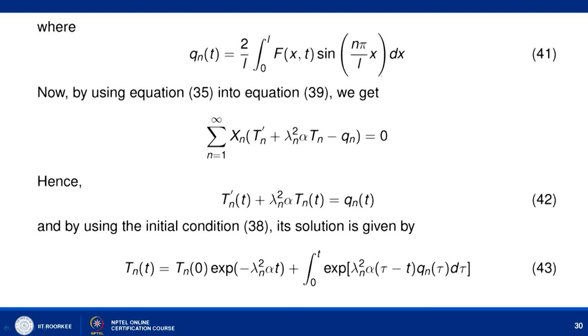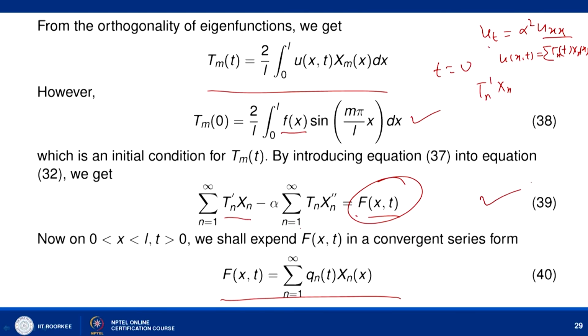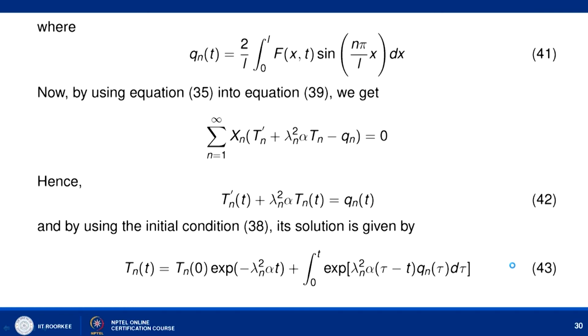So using the equation number 39, 40, we can write down our equation like this: sum n equal to 1 to infinity X_n into T_n'(t) plus lambda_n squared alpha T_n(t) minus q_n(t) equal to 0. q_n is given by this, X_n is sin(n pi x by L). Now this is 0 only when this term is going to be 0. So it means that we have T_n'(t) plus lambda_n squared alpha T_n(t) equal to q_n(t). Now this is a simple ordinary differential equation, and we can find out